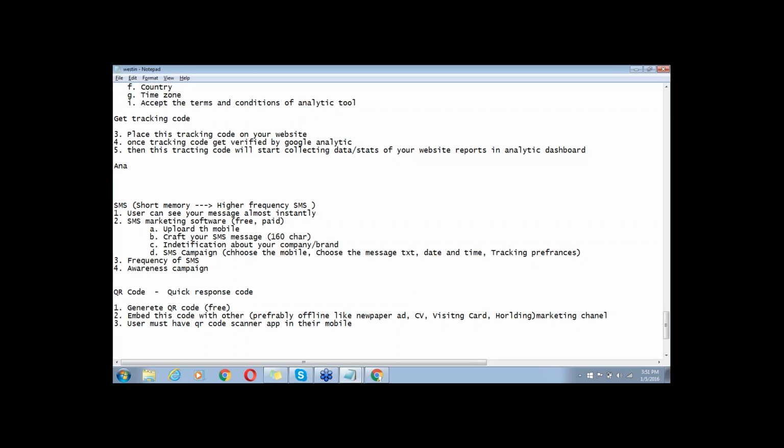So the idea is that you are in your balcony in the morning and you come across a very fantastic ad, but you are not with your computer. If they have embedded the QR code in their newspaper advertisement, you can just scan that QR code and visit their website. अब QR code में quick response, what quick response you want, can be a different thing. For some businesses you can decide what quick response you want to give.